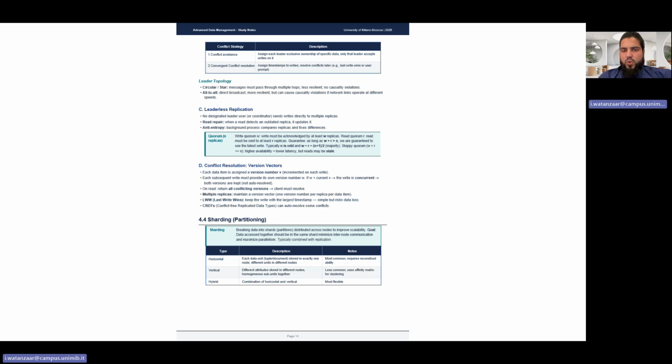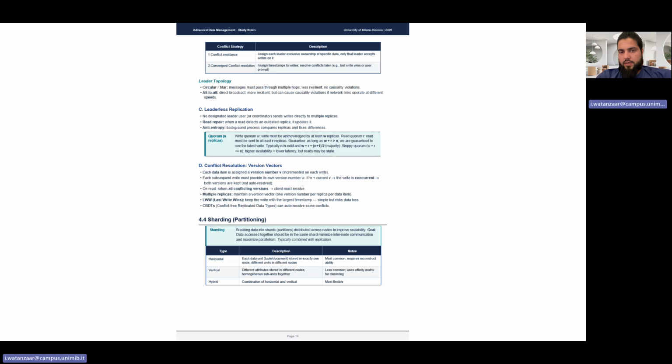Okay, in the leaderless application, there are no designated leaders or users. Here we don't have a certain type of leader like in the single leader, and we don't have multiple leaders, but we call them coordinators. So users and coordinators both send writes directly to the multiple replicas. There are multiple replicas, and all these replication methods depend on the problem and the applications we are developing. So if we say that we don't have any leader, the users and coordinators both write directly to